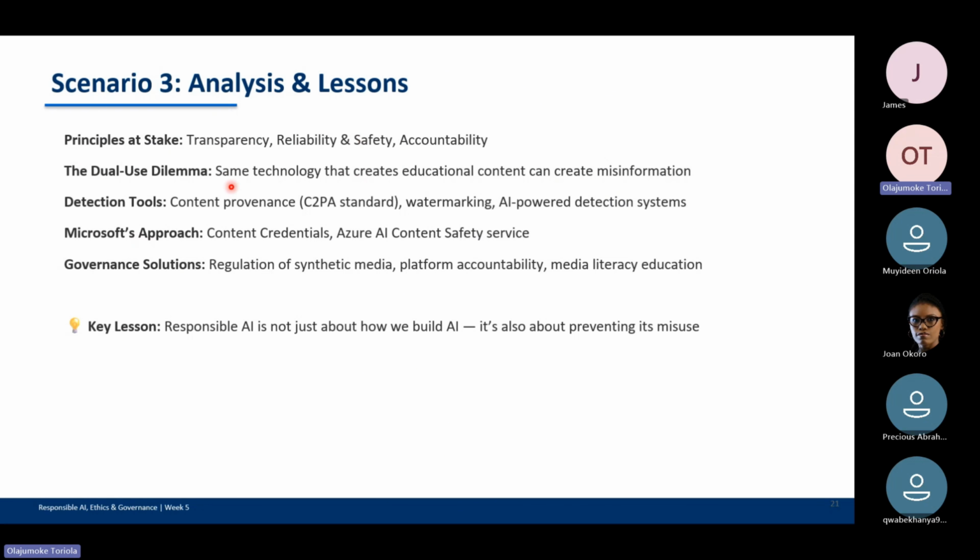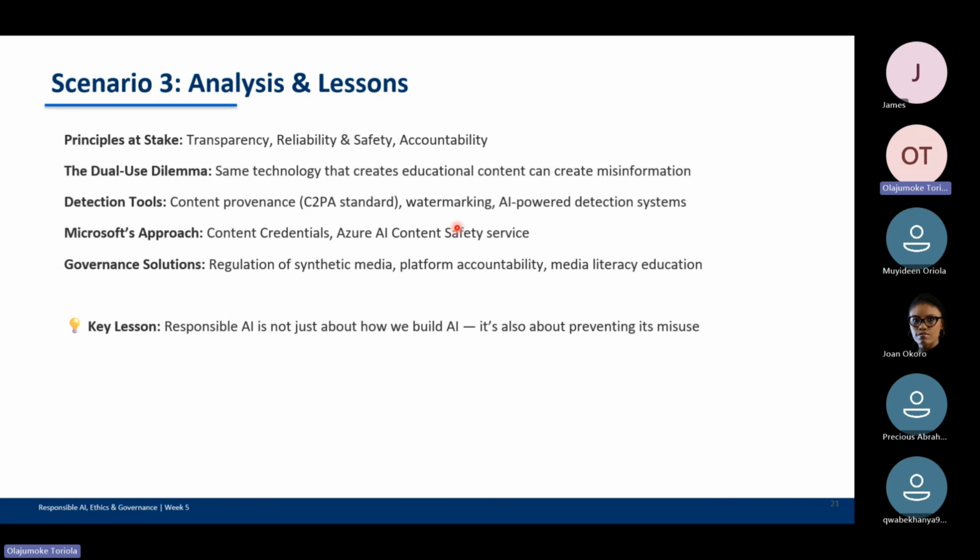So the principles at stake are transparency, reliability and safety, and accountability. Now there's a dual use dynamic: technology that creates educational content can also create misinformation. And you see detection tools like content provenance, watermarking, and AI-powered detection systems. Microsoft's approach is content credentials, where you have the Azure AI Content Safety service.